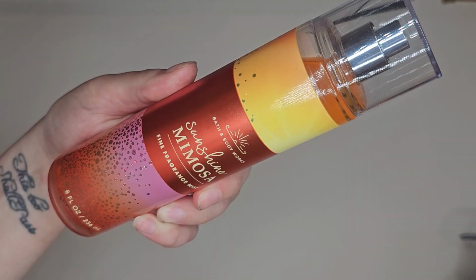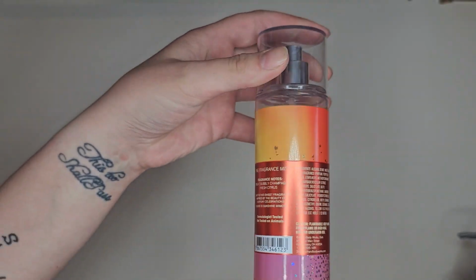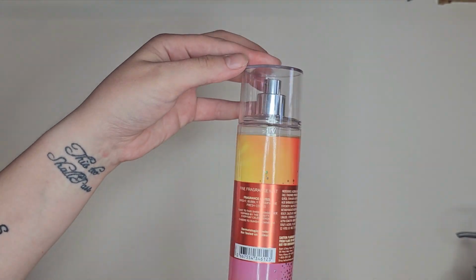So the final fine fragrance mist that I'm putting in this is Sunshine Mimosa. The notes are bright bubbly champagne and fresh citrus. This is the packaging from 2021. It's super cute. I know I picked up I think it was a Mother's Day bag, and it had the Sunshine Mimosa and it had like everything in it. I didn't keep anything else from it, but I have the fine fragrance mist. I don't mind it. So that's going to be another lone fine fragrance mist that I have in this collection. Again, not that I'm using any of the paired ones as pairs, but